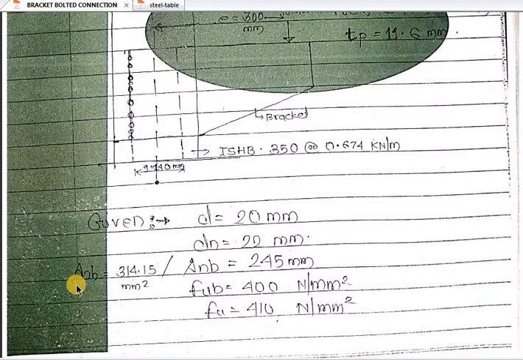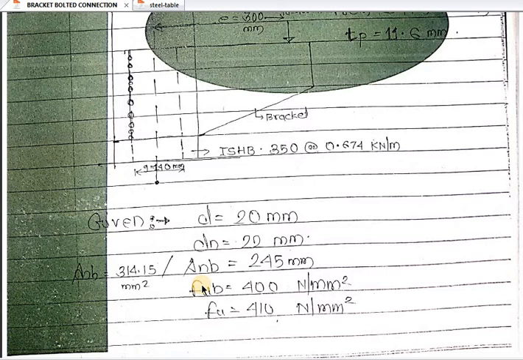Again, how to find the area, that is the area of the shank portion and the area of the threaded portion. The shank portion is the complete area, pi by 4 d square, pi by 4 into 20 square, so it directly comes to be 314.15 mm square. What about the threaded area? The area of the threaded portion is nothing but 0.78 times the shank area. So 0.78 into 314.15 comes to be 245. Again, for FUB we have to refer to the steel table. We are assuming the grade of steel as 4.6. We can normally use the grade of steel as 4.6.